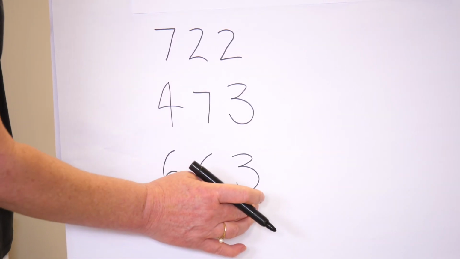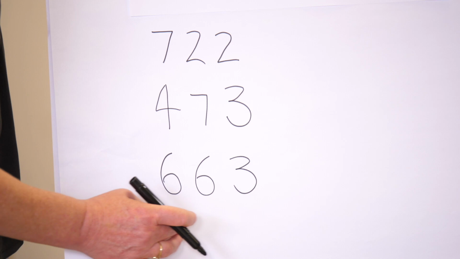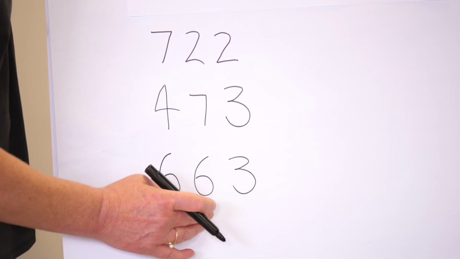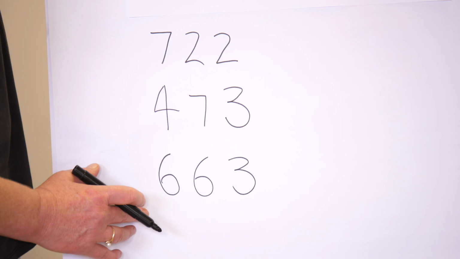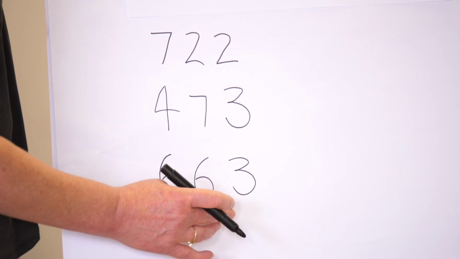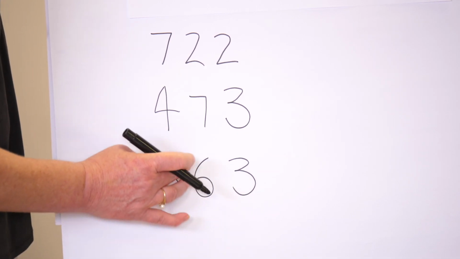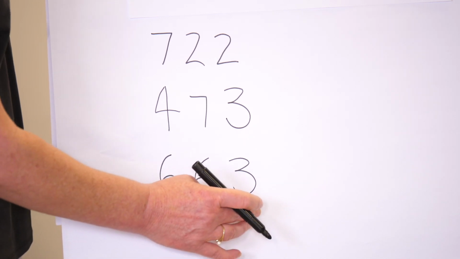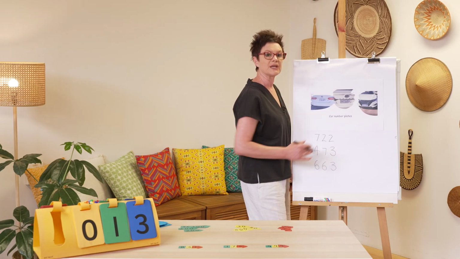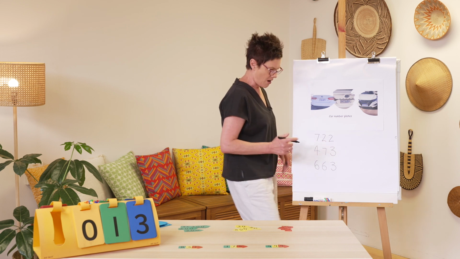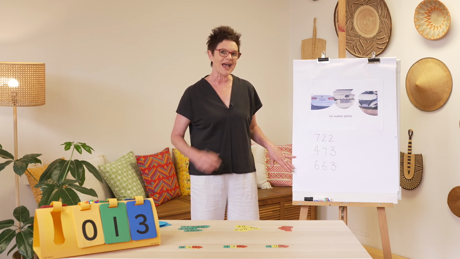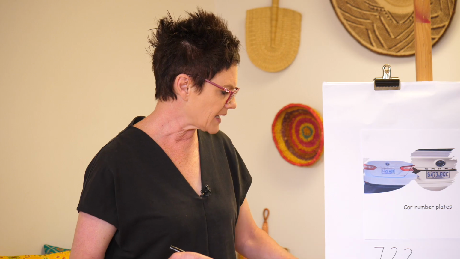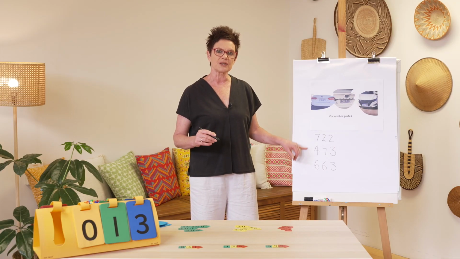Okay, the last car number plate I found was 6, 6 and 3. The digits 6, 6 and 3. And I can see this number as my hundreds, my tens and my ones. And to say this number, I say 663. Here's the and, 663. I'd also like you to write them in words. Now, I wonder if you can fill a page of car number plates and use those digits to make our beautiful 3-digit numbers to say and write. Okay, have